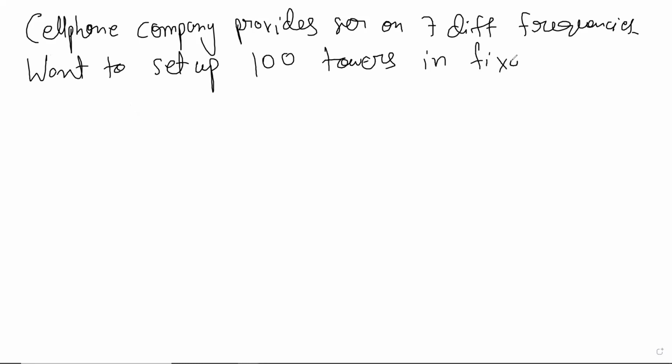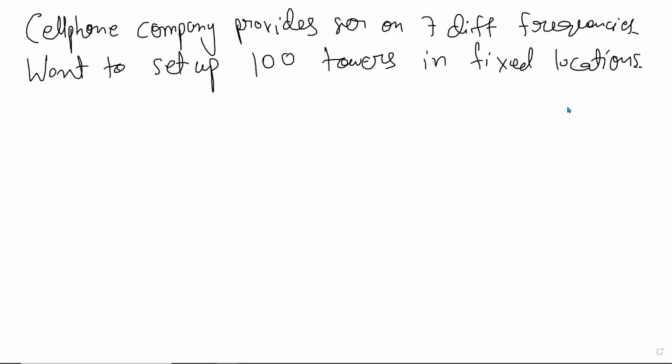The locations are fixed. We are not allowed to change that. This will be important. Here it's also about the distance. The distance will be fixed. Well, in the end, it will not be about that, but yes, 100 towers in fixed locations